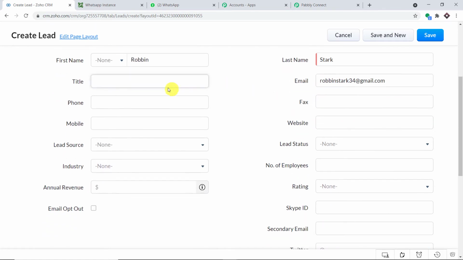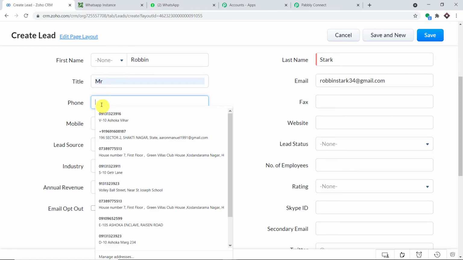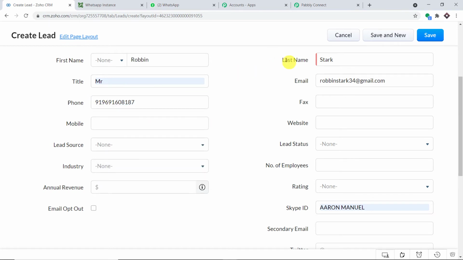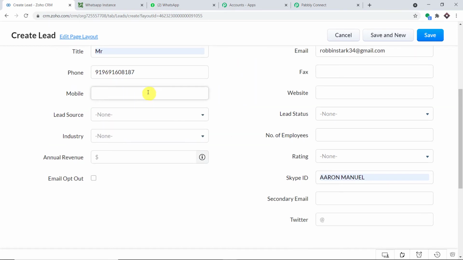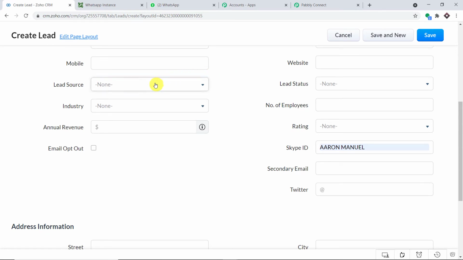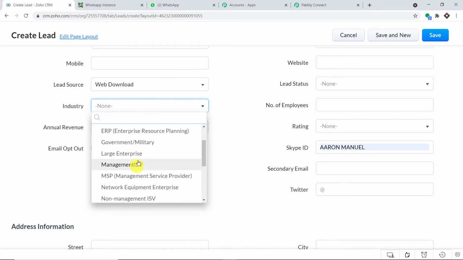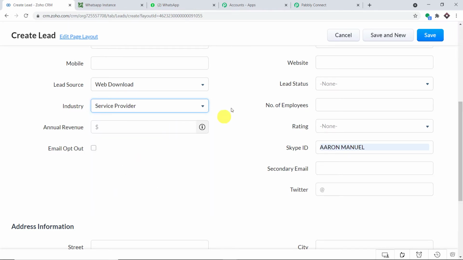Okay, so we have to mention the title, so let's say Mr. And this is basically his phone number. Okay, let me just remove the plus. And do we want the mobile number in? I don't think so. Then we have the lead source as web download and the industry as service provider.